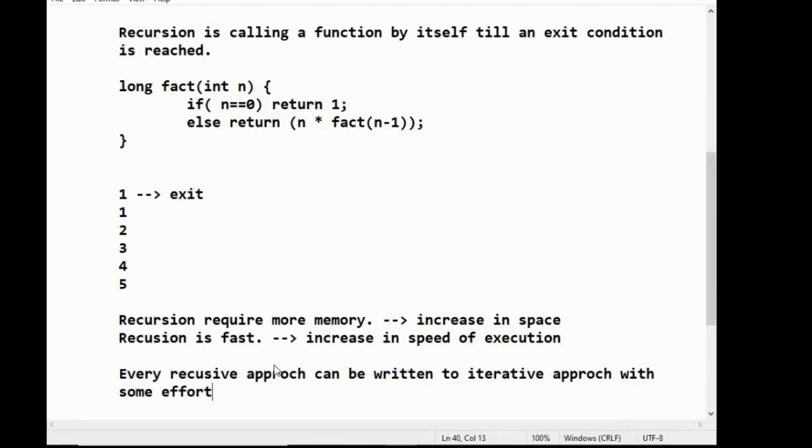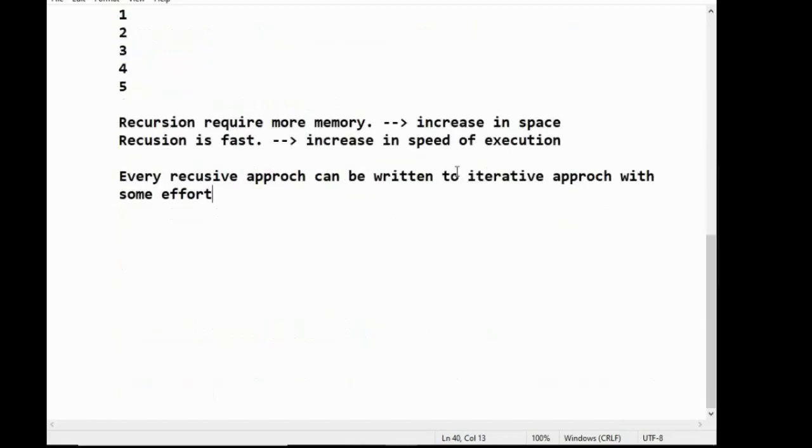So that means every recursive approach that you write can be converted to an iterative approach. That you will study in the data structures concept. If you build a tree, you can build it using the recursion approach, or you may also use the iterative approach. So iteration does not require much space.